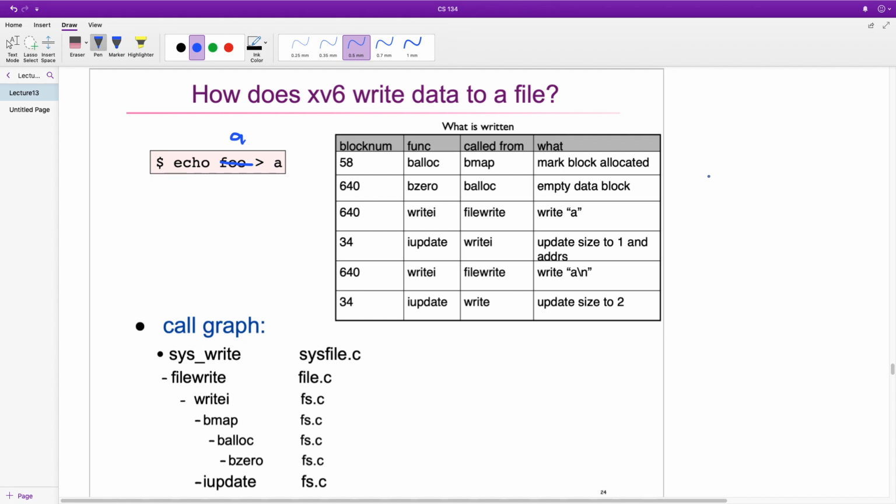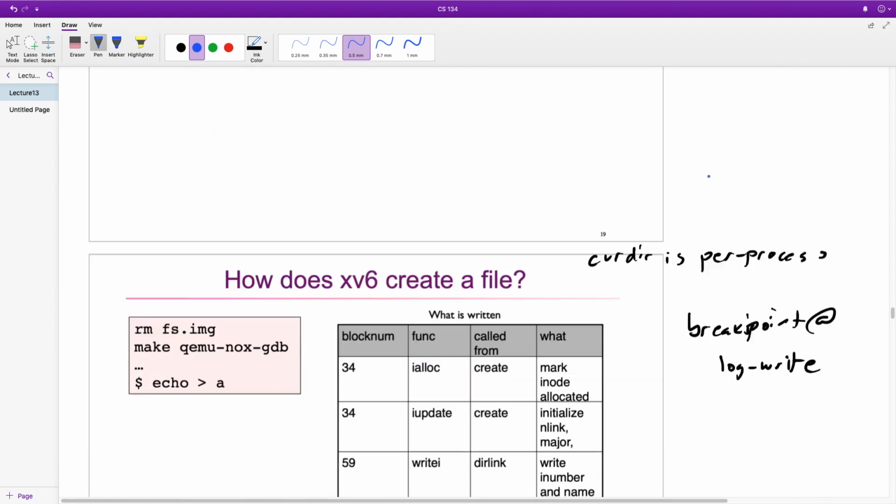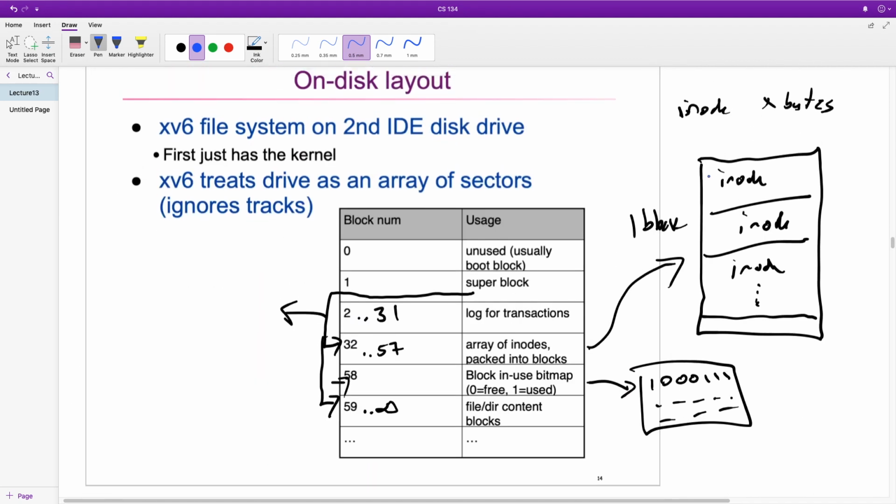So we looked at how XV6 creates a file. Let's look now at what happens when we actually write into a file. So we'll just echo, I'm not going to use foo because I want something smaller, so we'll just echo A into, confusingly, a file called A. So what happens is, first off we write, so if we remember, let's go back and look at how XV6